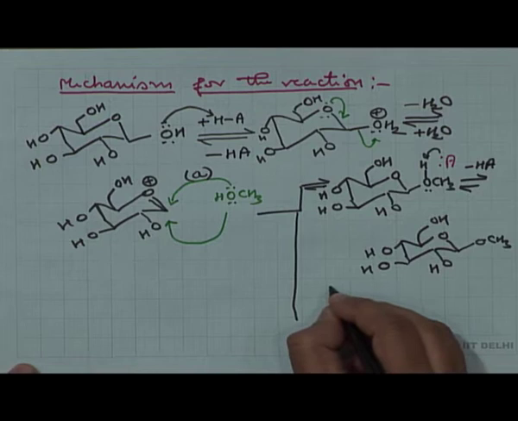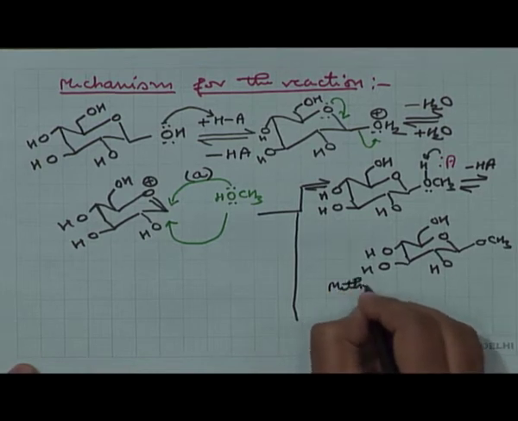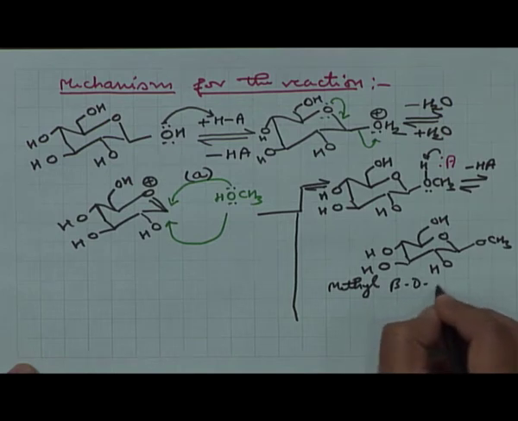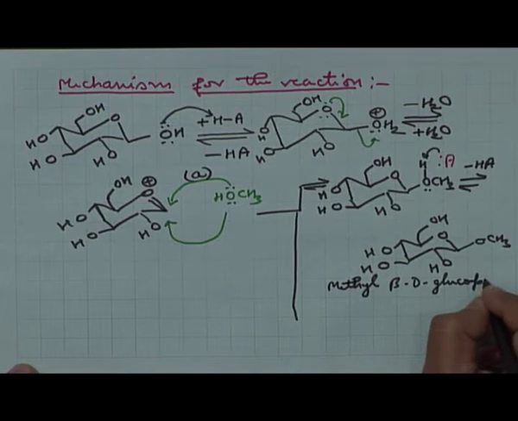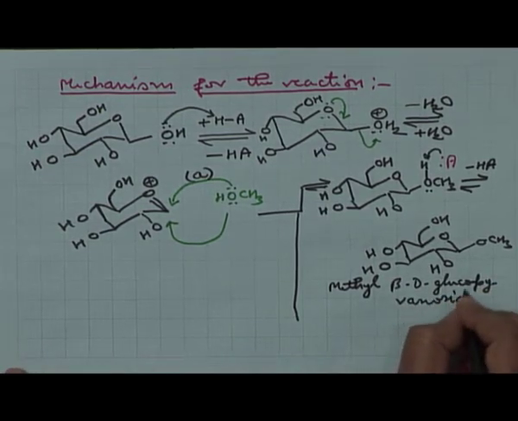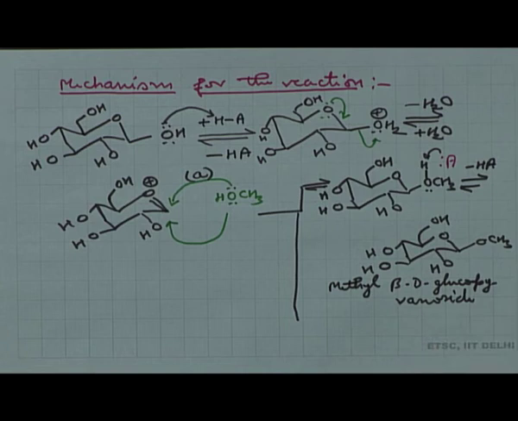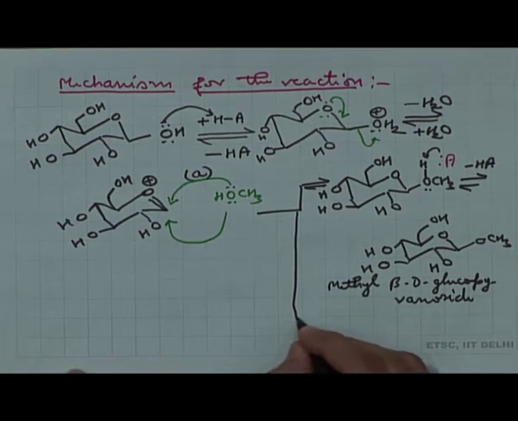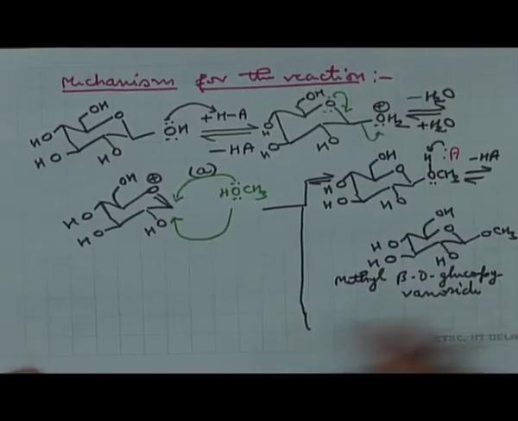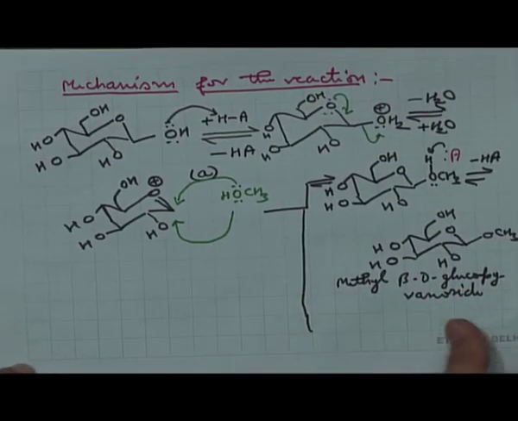So, this becomes methyl beta-D-glucopyranoside. If it attacks from the bottom face, I will write that on another page, or I will continue here itself. If attack is taking place